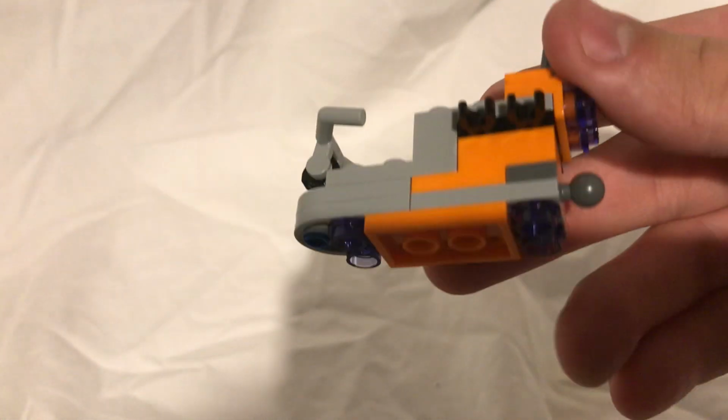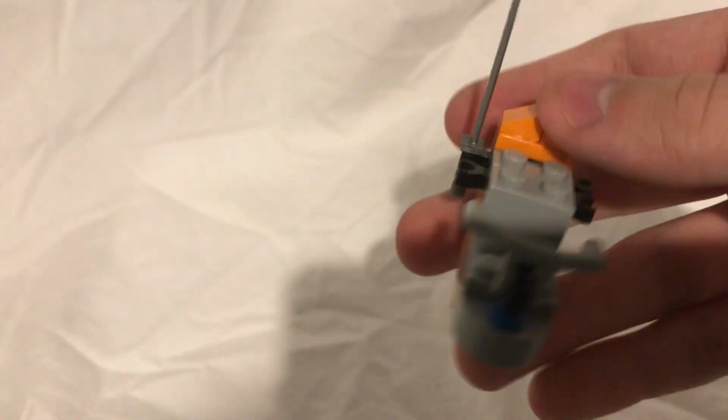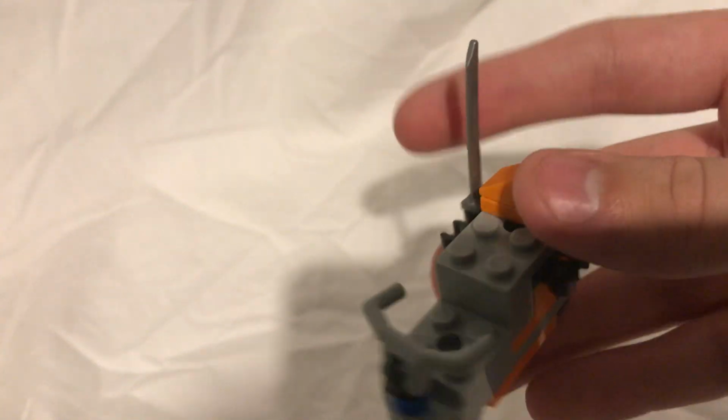And actually, now that I've removed Gamora from that bike, before I show you Gamora, I'm going to quickly show you what the bike looks like once you've removed all the weapons and the figures. So here's the bike, the hover bike. It has a sword on it because Gamora only has 1 sword, that's like a spare. Speaking of Gamora,